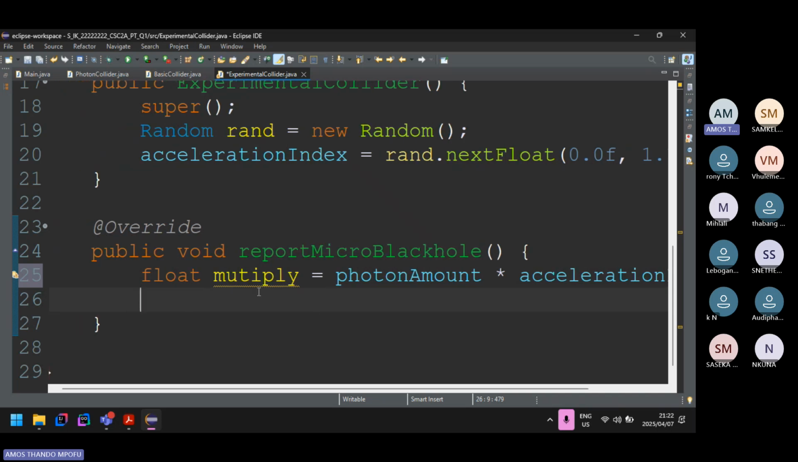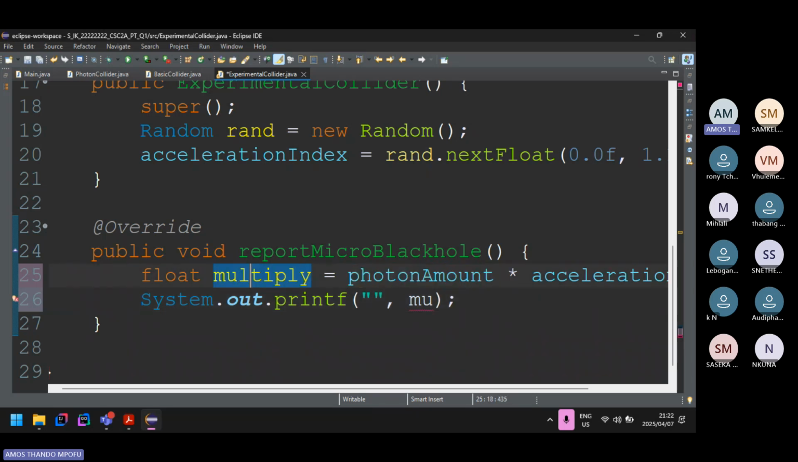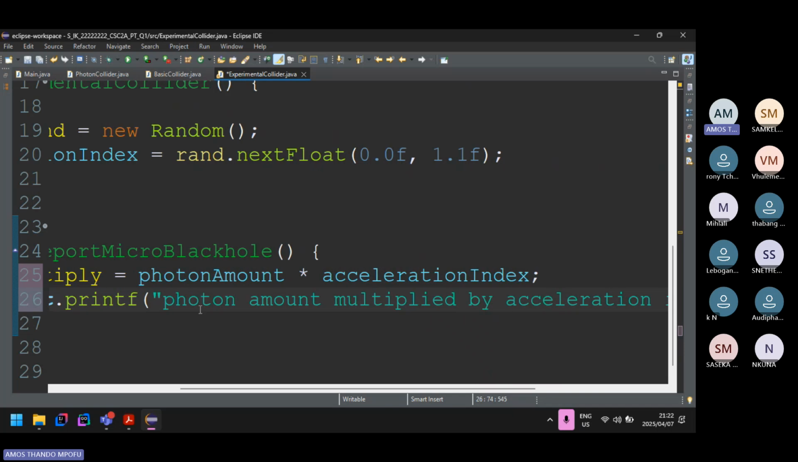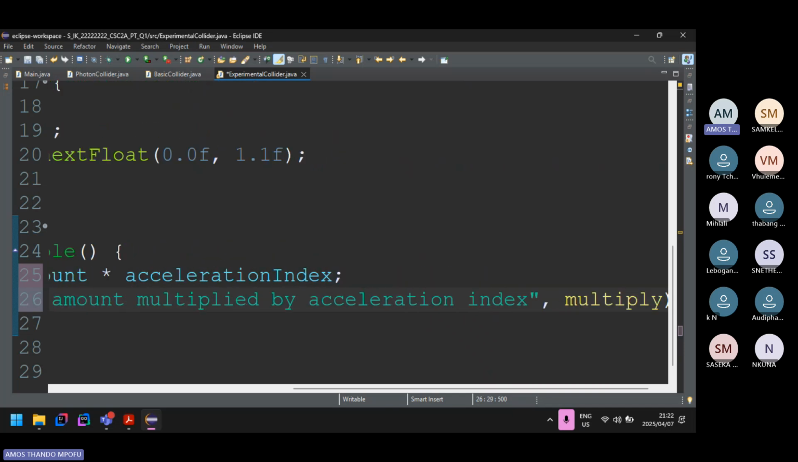So yeah, I'm going to multiply it. I'm done. Now I'm going to print, because it said this function should print. It's going to take in the string literal and the variable. So I said multiply. That's what I called it; you can call it something else. Then that's the string that's going to be displayed. So capitalize this: Photon multiplied by index